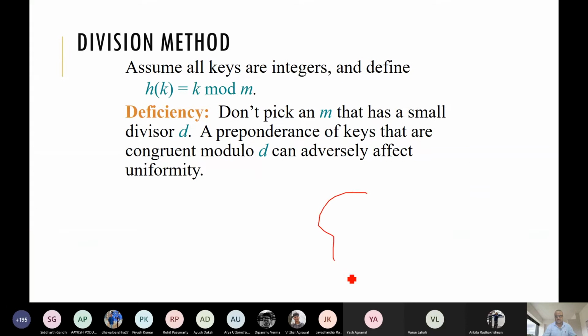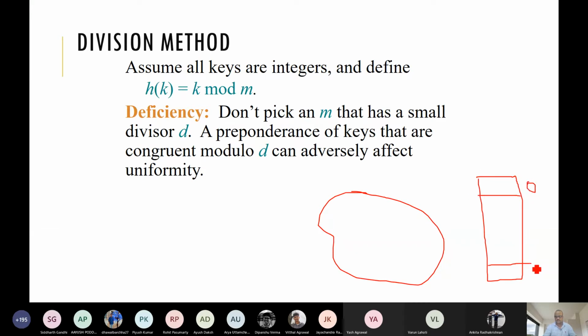We have the key set, and a fixed array or table from 0 to m minus 1, so the table size is m. A key is any integer, any big integer.